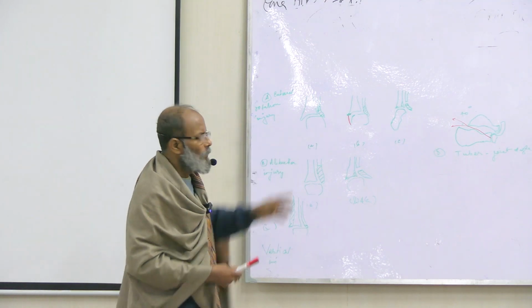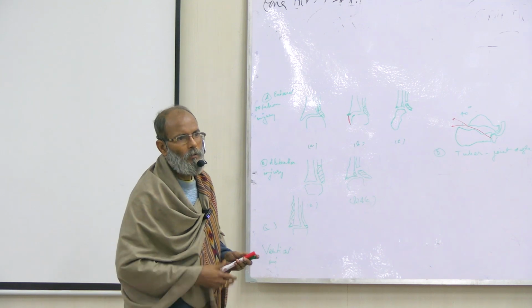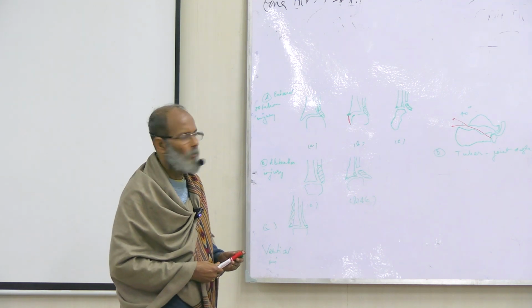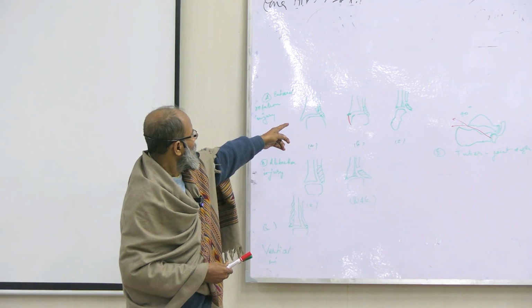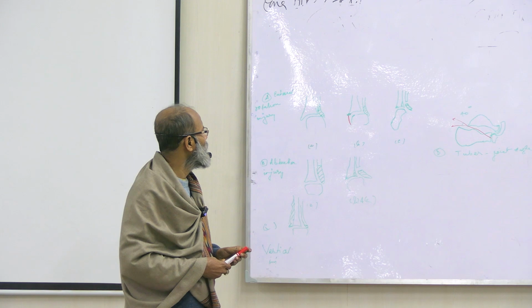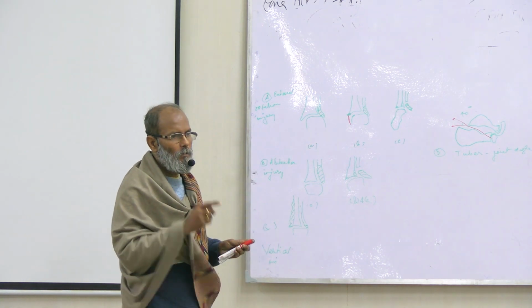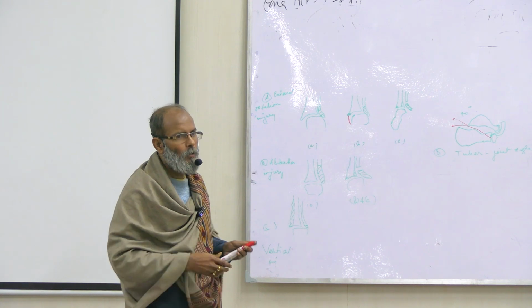Next is the tonic contraction of the fibers of the deltoid ligament. There will be a transverse avulsion fracture of the medial malleolus of the tibia. Alright. And then there will be a fracture in the posterior malleolus, that is the lower part of the posterior part of the tibia,